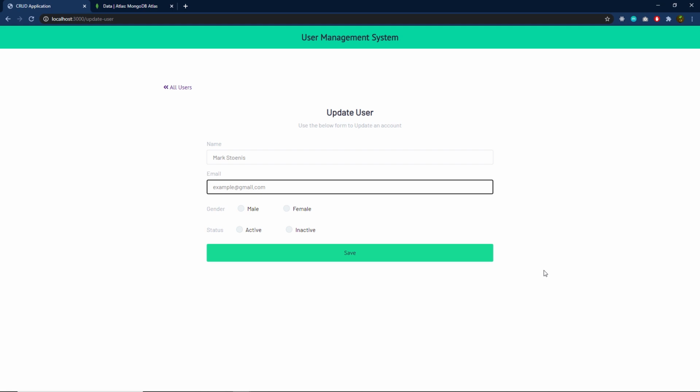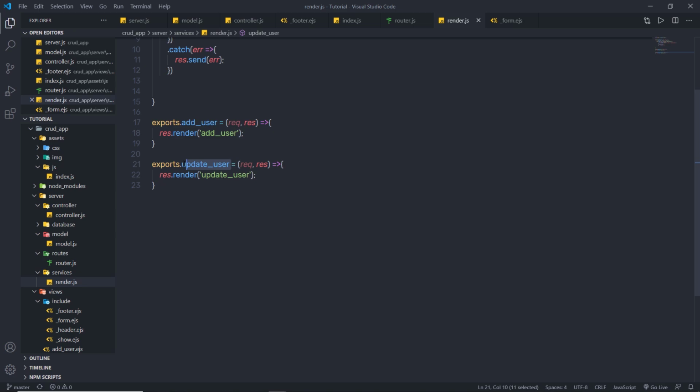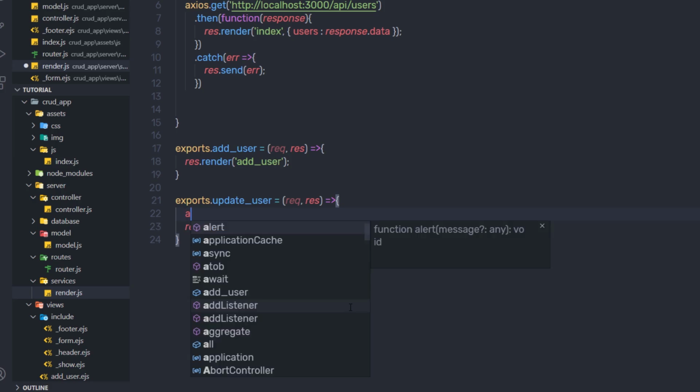So how can I do it? Let me show you how to get the user data inside these text boxes and update it. So I'm going to just go back to my editor and I'm going to open the render.js file. To this update user, I'm going to just render this update user template. But instead of just returning the update user, I'm going to return the data as well with this render method. I'm going to just make a request. So here I'm going to say axios.get,